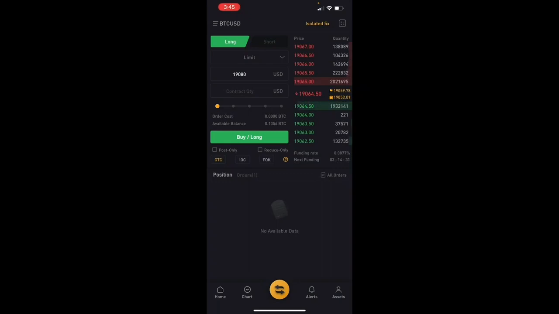And the last thing is funding rate. You can see it over here on the right side. I can't click it, but just see on that middle right side, it says funding rate 0.0877%. And it says next funding 3 hours, 14 minutes and 16 seconds. So every 8 hours, the funding rate happens. If it's positive, right, you see how it's currently positive. So it's plus 0.0877%. So that